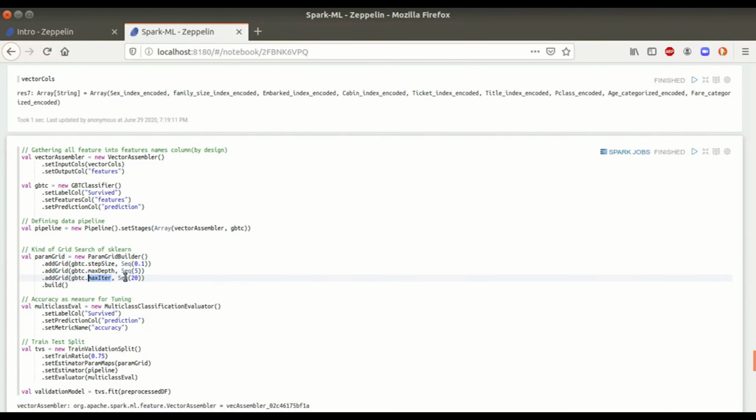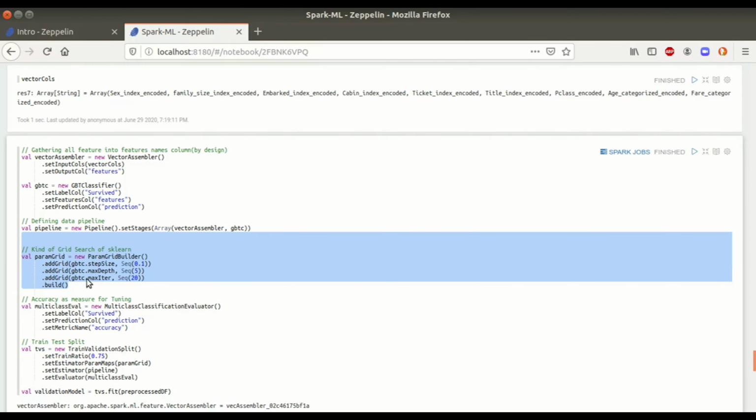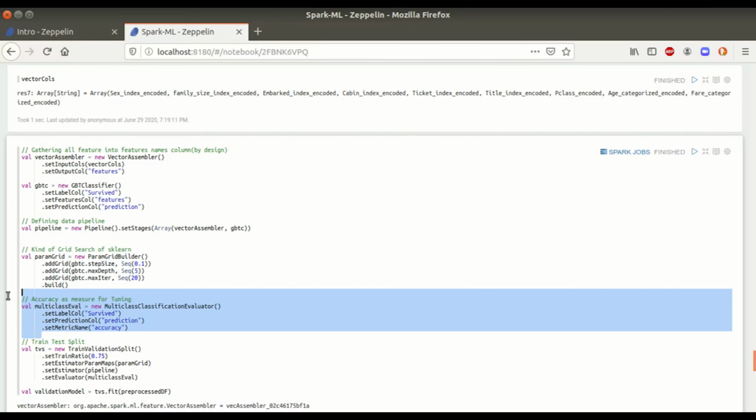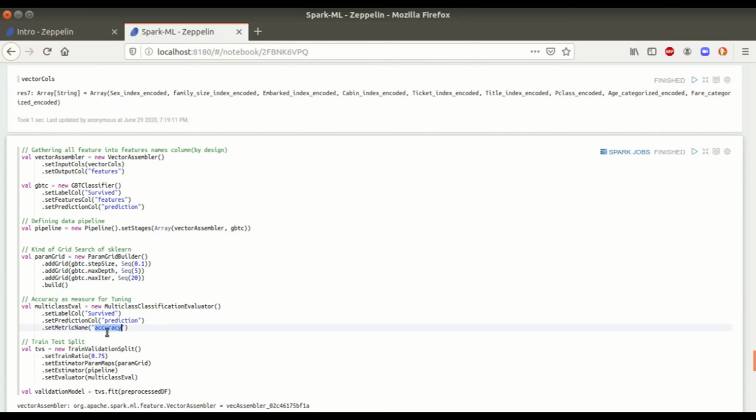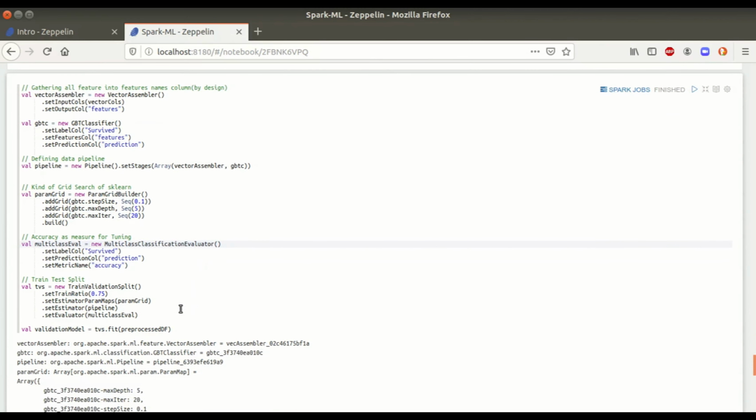I tried to supply different values to these model parameters, and I created one evaluation metric. In this example I tried to focus on accuracy. We can apply precision and recall while doing this. Here I have taken a MulticlassClassificationEvaluator. There are different ones, or we can write our own as well.